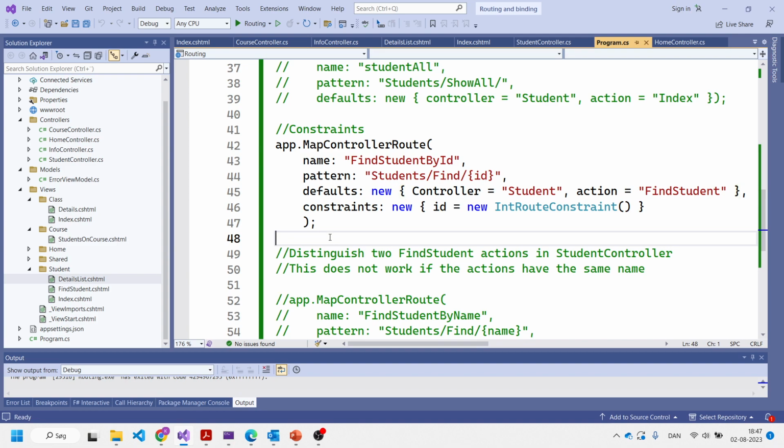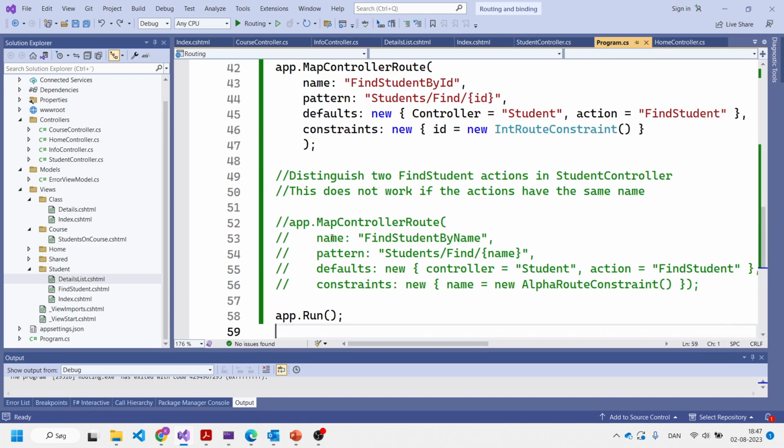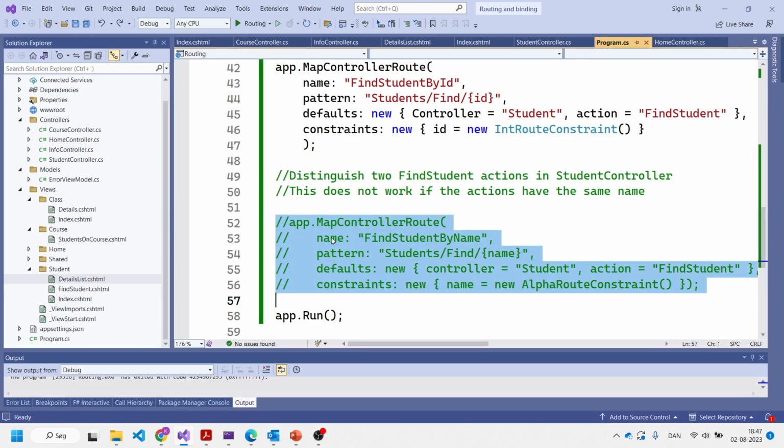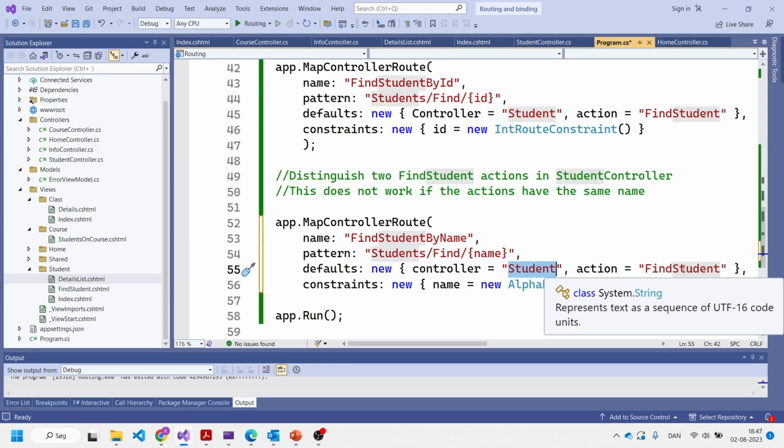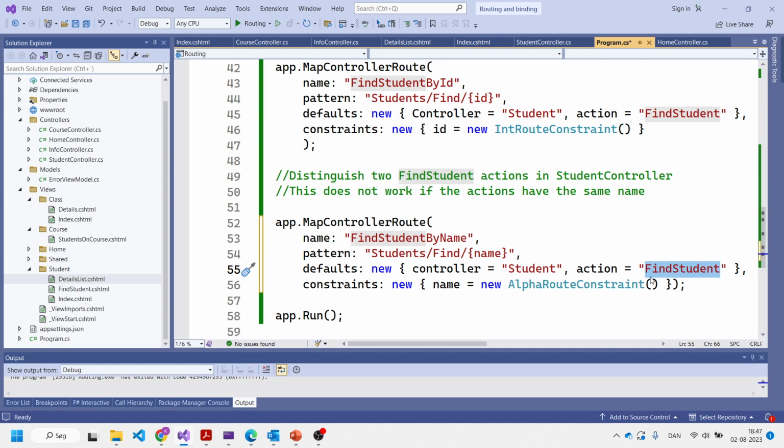So let's comment in this one also. So find student by ID, find student by name. I have a name here instead. It's still the student class controller. It's still find student action. And now I have another constraint here. It's called an alpha root constraint. Now the alpha root constraint is